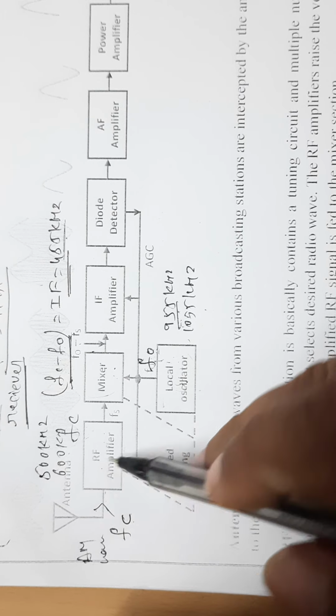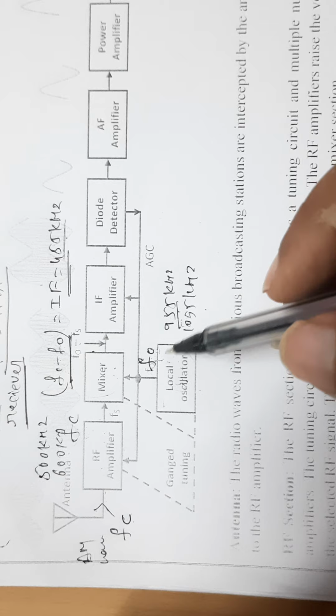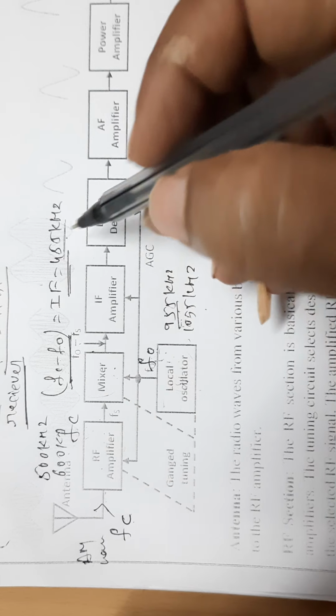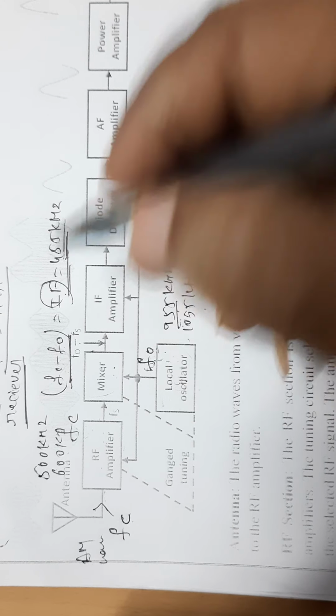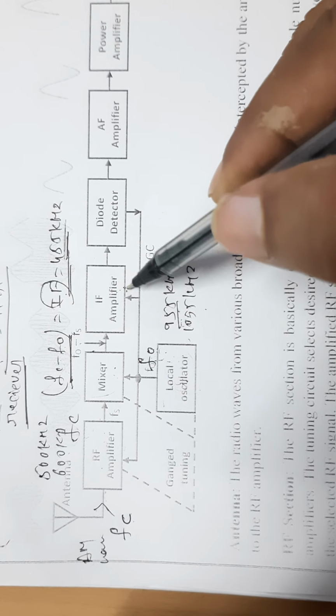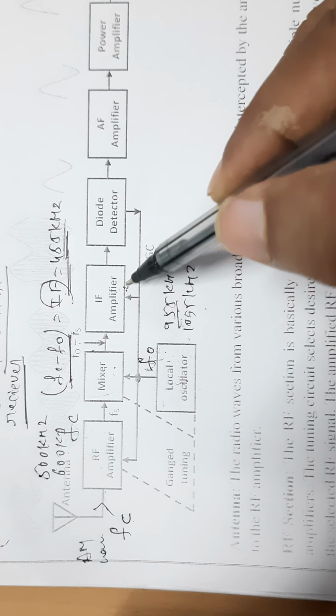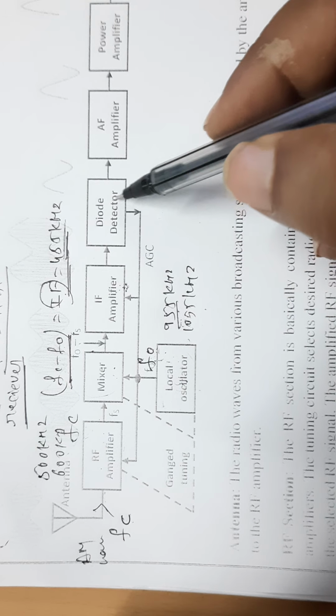So whatever may be the signal frequency you received, the local oscillator frequency has to be generated such that the difference of frequency is always 455 kilohertz. This is called our intermediate frequency. This intermediate frequency is then amplified by the IF amplifier, the intermediate frequency amplifier. It is then fed to the